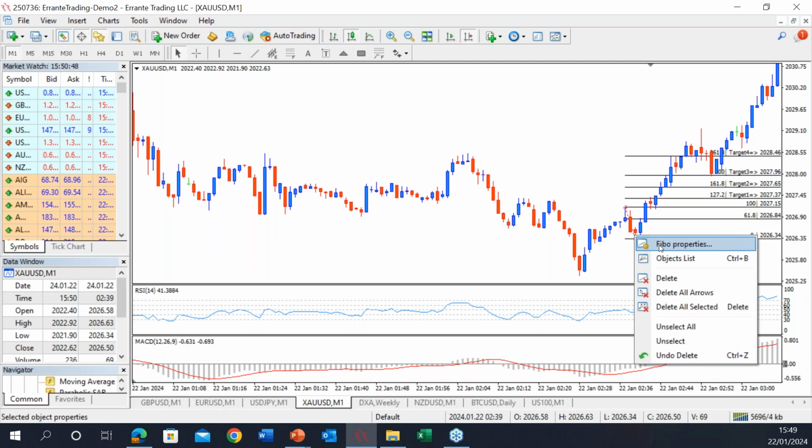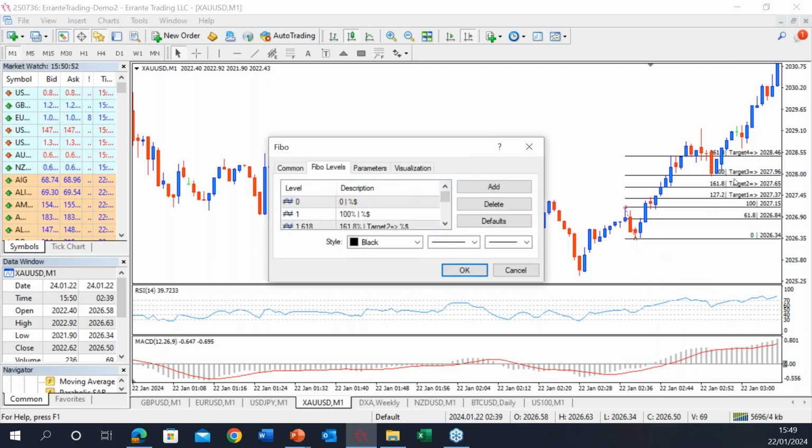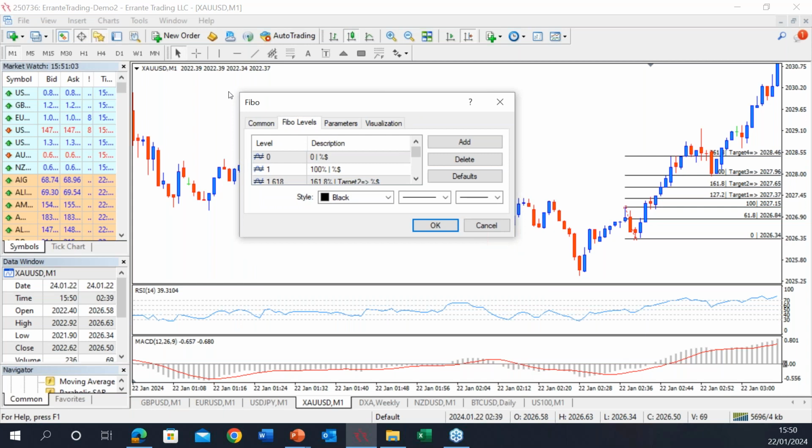But there is something, you may not have these levels here, 127.2, which is my favorite one, and also the 200 or 161.8. The only thing is that you need to right click on that, and then this window will pop up, and you will be able to add or somehow adjust all the levels you want here. You can delete each of which levels you see here, or you can just click on the default to see the default retracement levels. But if you want to add, you can just easily click at this add button here